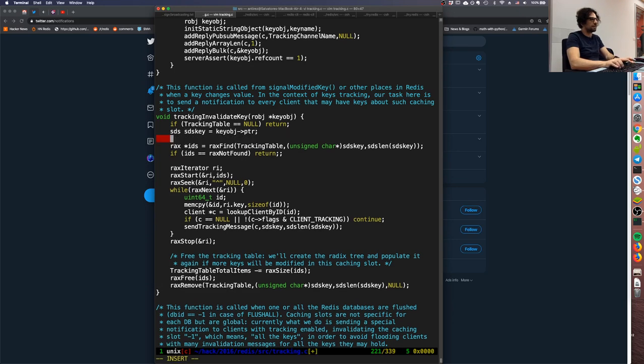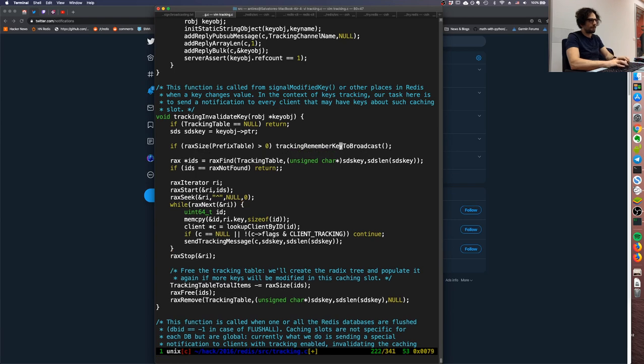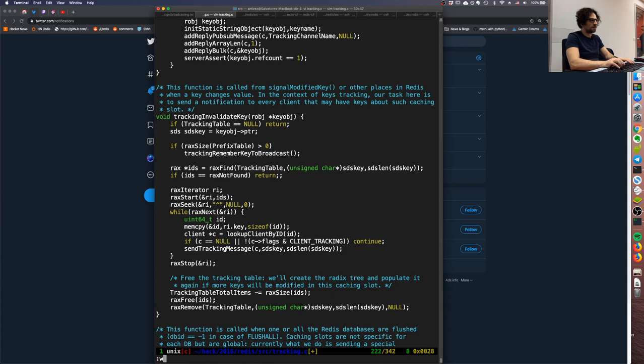But before doing that, if rax size of prefix table is greater than 0, remember key to broadcast,